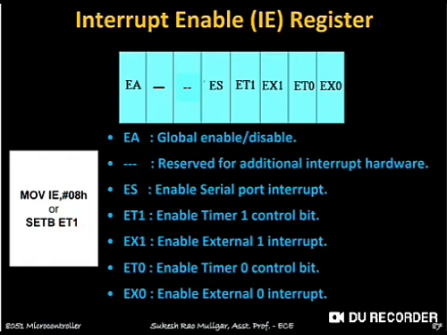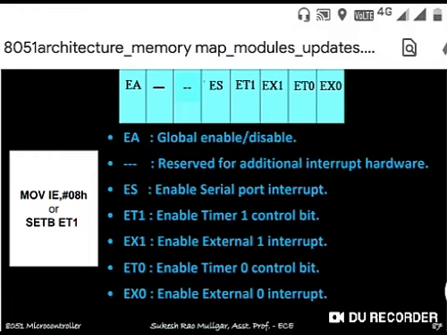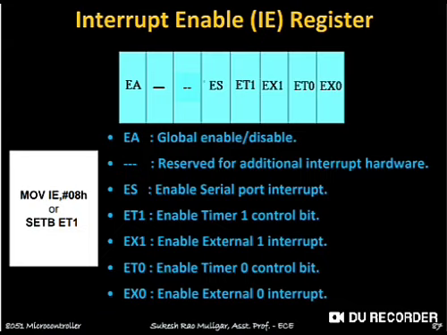If you make the global enable bit, that is the EA bit, 0, then all the rest of the interrupts, even though enabled, will not have any effect, because the entire interrupt system is disabled. So to enable any interrupt, EA has to be 1. Then the rest of the interrupt bits: ES is serial communication, ET1 is timer 1 control, EX1 is external interrupt 1 control, ET0 is timer 0, EX0 is external interrupt 0,